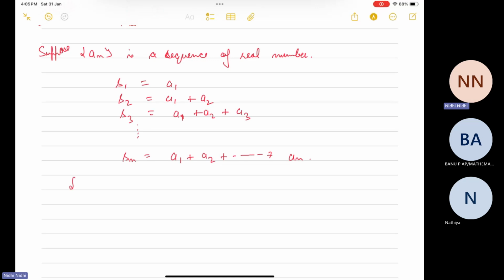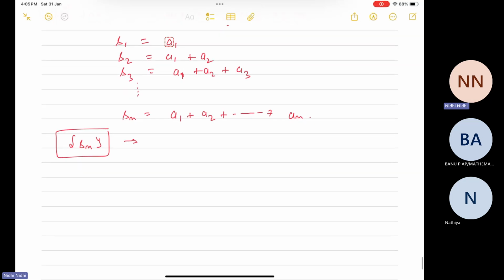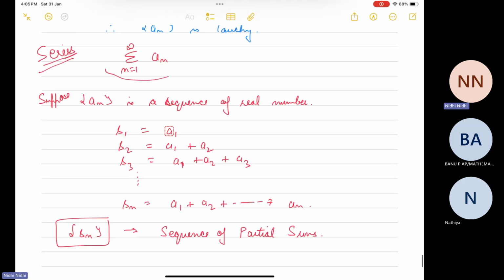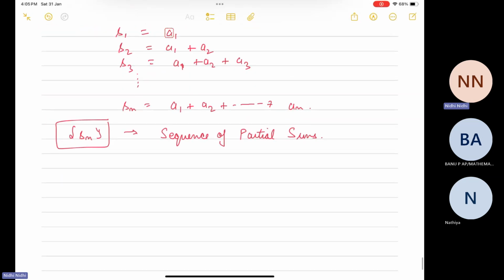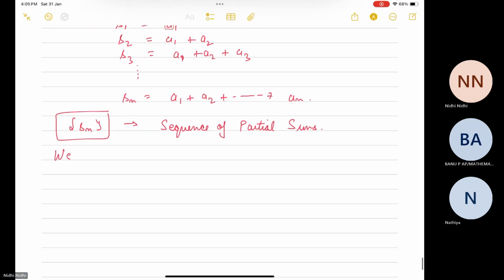Now this sequence S_n is called the sequence of partial sums. We can see that as n tends to infinity, this S_n will eventually be the infinite sum of the terms of the sequence a_n, which looks something like this. So we say the series